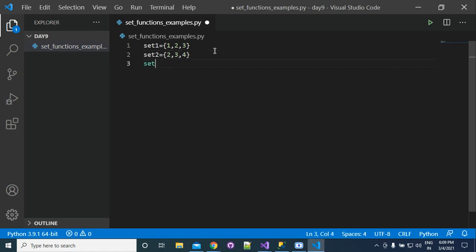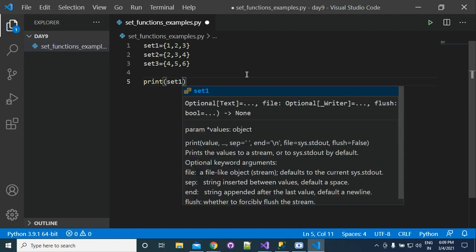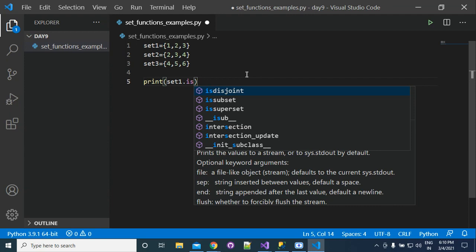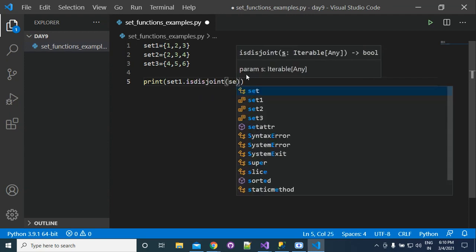And suppose that set 3 has elements 4, 5, 6. Now you can see that set 1 and set 3 don't have any common elements. So if you write here print set 1 dot isdisjoint set 3.